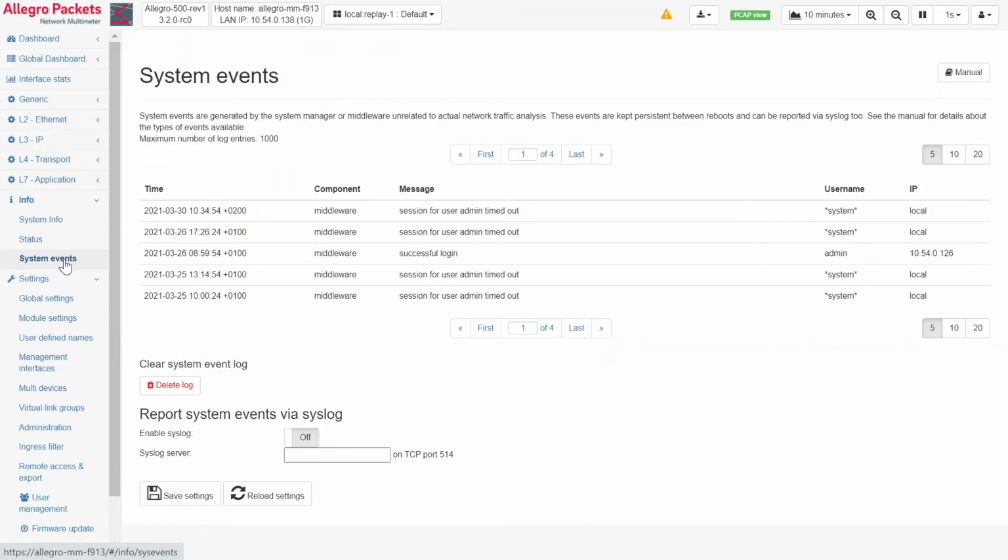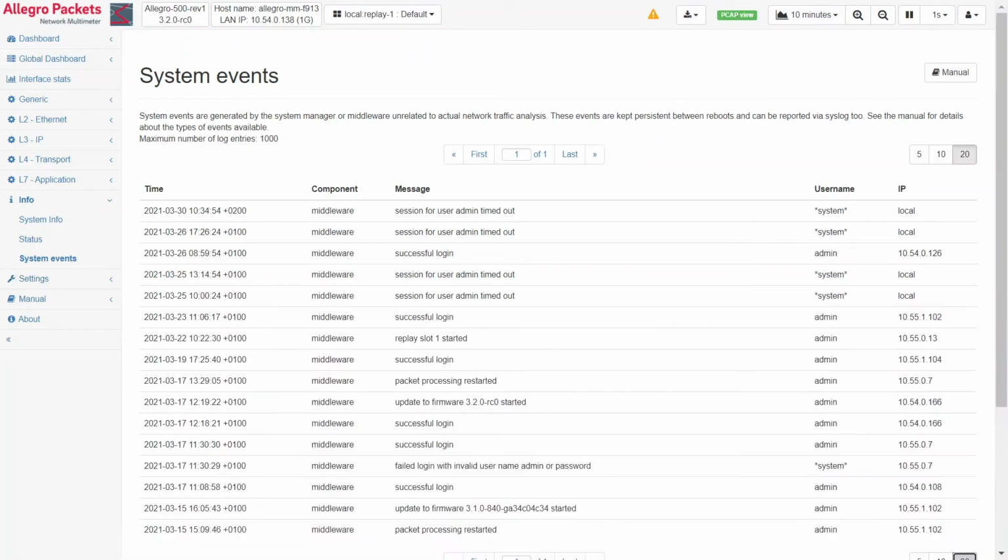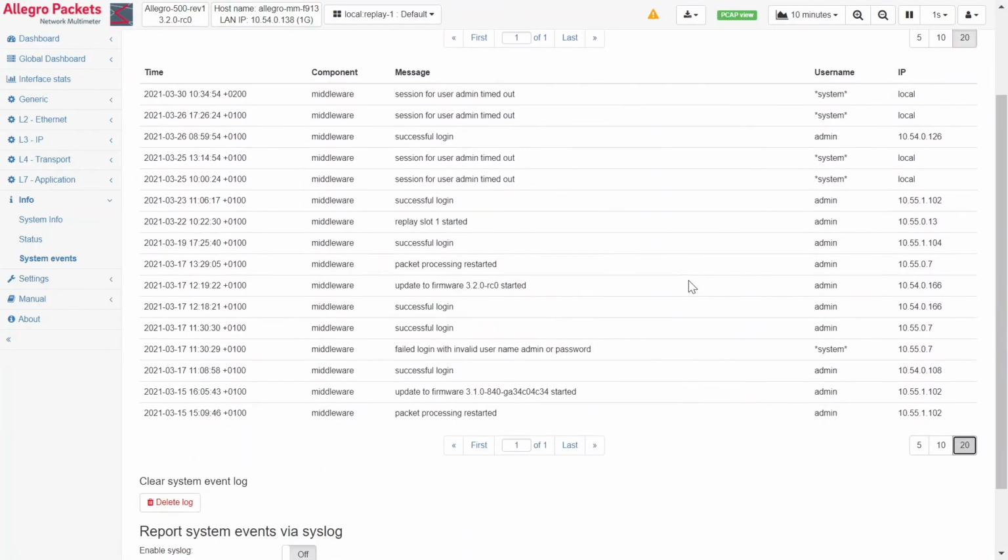A similar feature here is that we have specific system events that we can now log in the browser, but which are also allowed to be logged via syslog. So a good example here is that whenever a login is successful, we mark this. Let me show a few more here. But even if there are failed logins, we